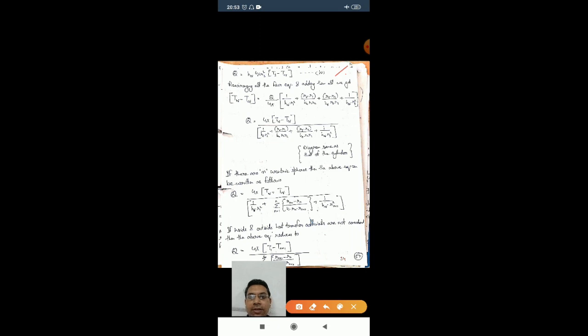Again rearranging in the temperature form and adding all the equations, we get THF minus TCF, that is the temperature difference between the inner hot fluid and the outer cold fluid, and Q is given by this one, or the overall heat transfer coefficient. And if there are n spheres, then this is the equation. And if the values of H are not considered, that means if I eliminate this and this, then the equation reduces to this form.